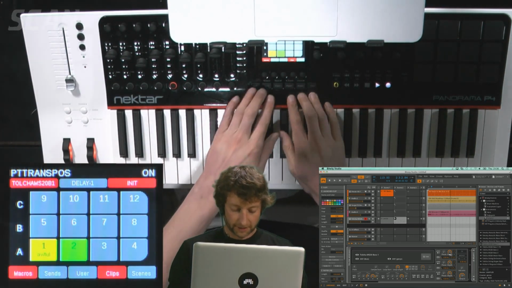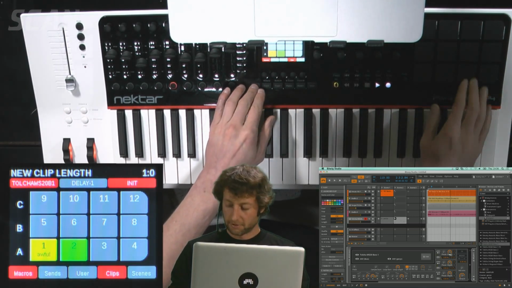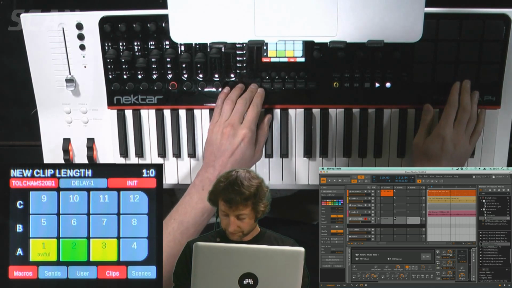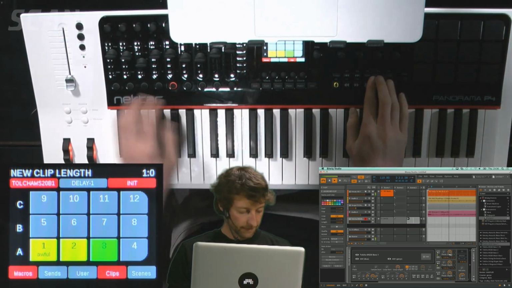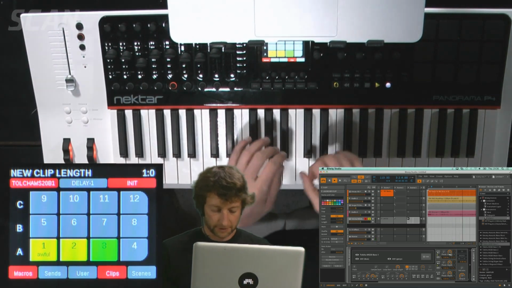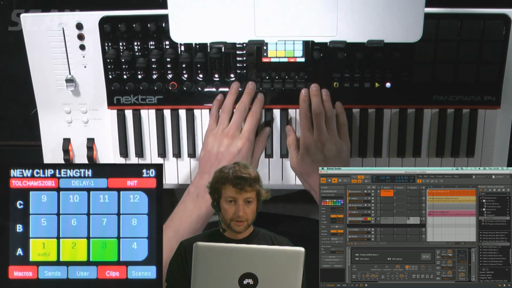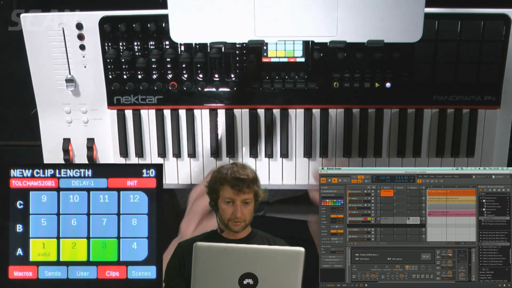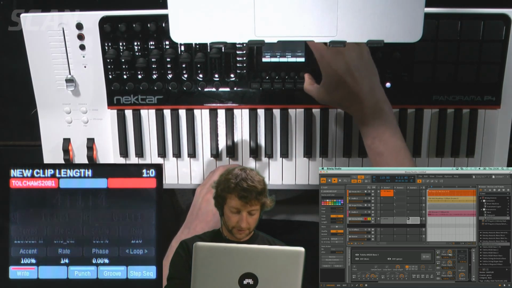Open up the clips for the track you've got. Set yourself up a new clip of a set length. I'm going to do 1 bar just because we're step sequencing now. And then start it playing, like so. Let's just solo the bass so you can hear what's going on, and I'll turn on a click track. You press the view button to ensure that the launcher is active in Bitwig, and then transport and step sequencer